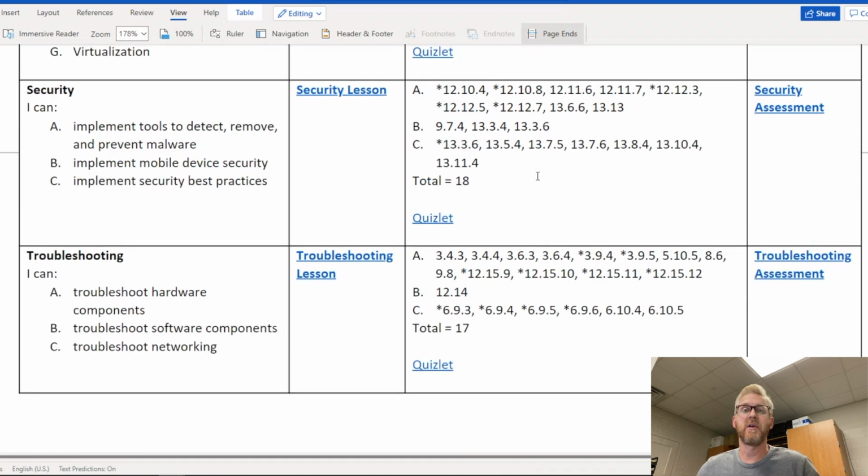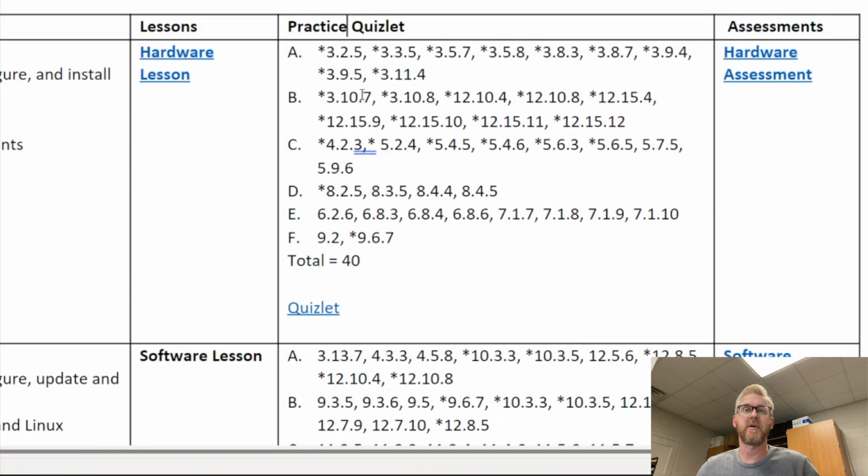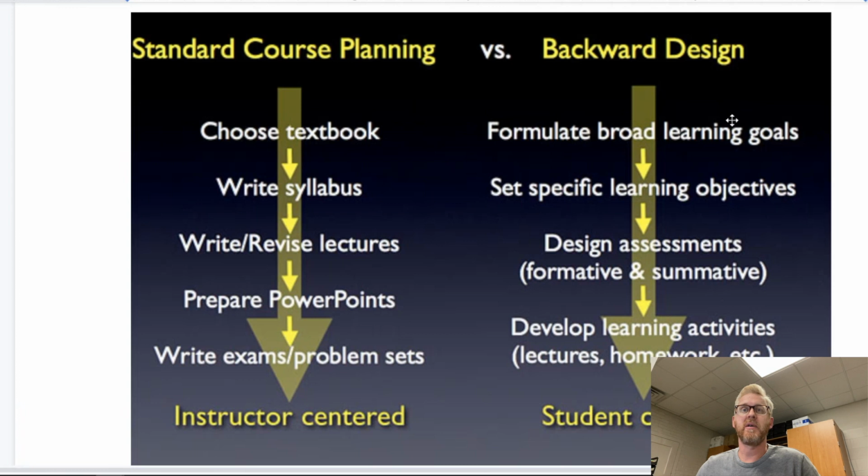And these numbers here for the practice labs and so on are the chapters, and you can see it's all over the place. So I'm not going straight through that textbook or online resource. I'm jumping around and I'm basing it on those overarching objectives of passing the certification. So having that overall broad learning goal, now I can get down to my unit or even daily targets